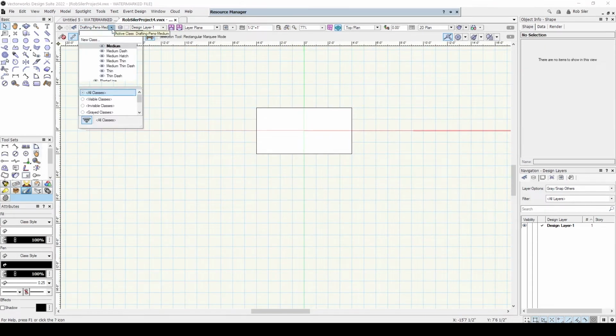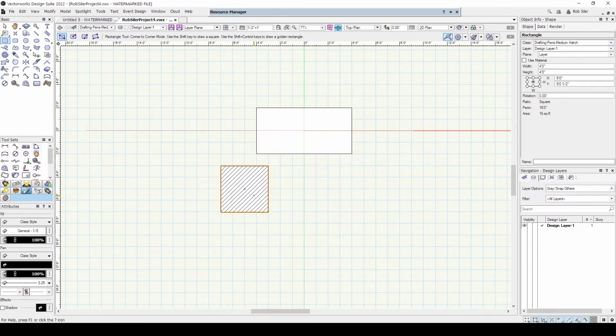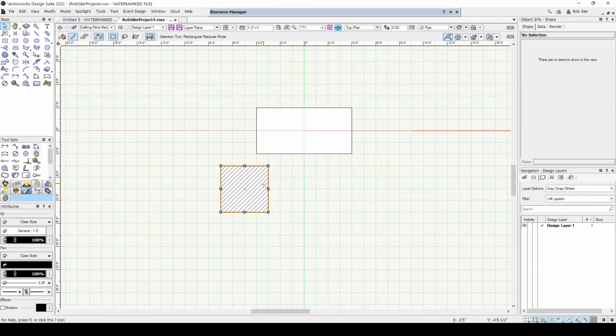Next, swap your active class to medium hatch. Grab your rectangle tool, and you need to make a 4x4 foot rectangle. Again, choose whatever method you would like. I'm using the tab method in this case. And you can see that because we changed our active class, it automatically styled this square the way that